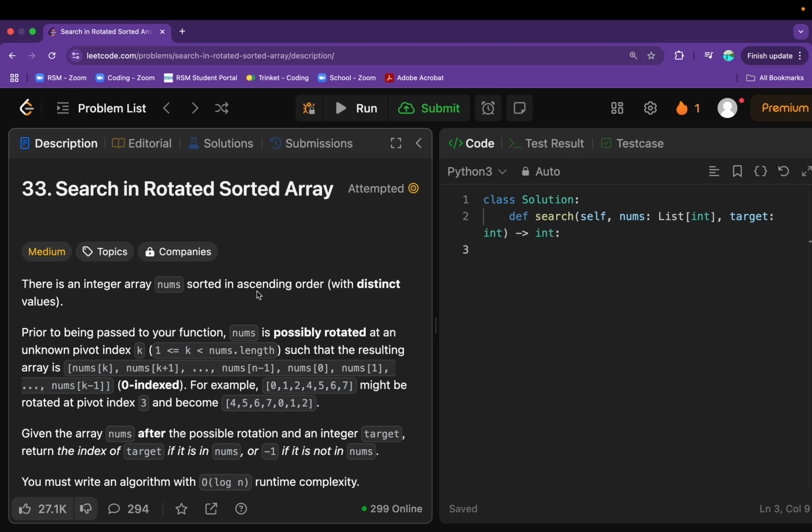Okay, so what are some key observations we can make in this problem to help us really solve it efficiently? Well, the first one is we know that this array is sorted in ascending order. Okay, and we know that it is rotated at some pivot index k. Okay, and so the observation we can make is that even though this input array is going to be sorted,